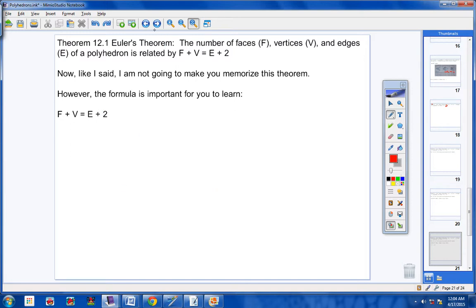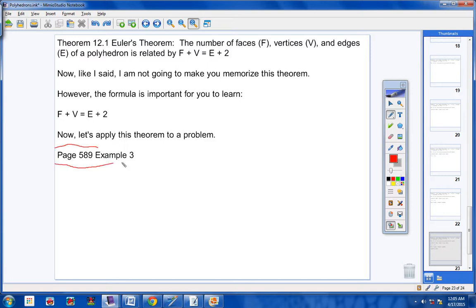Alright, now, let's continue on. Let's apply this theorem to a problem, okay? So here we go. Now again, you're welcome to turn your books. I have no problem with that. You're also welcome to just write this down in your notes and then take notes on the problem, okay? Totally up to you. But definitely put this in your notes no matter what, so that you know where the